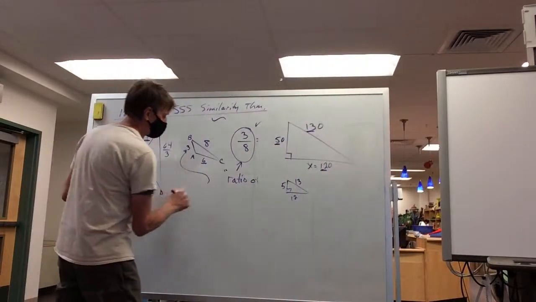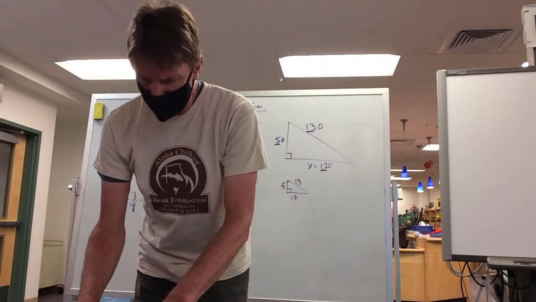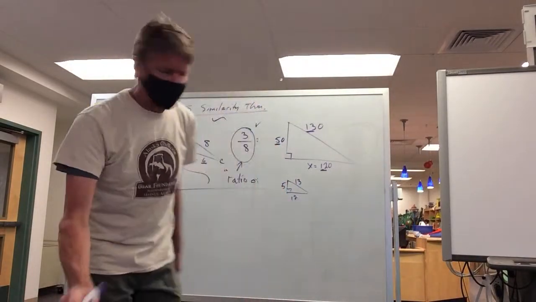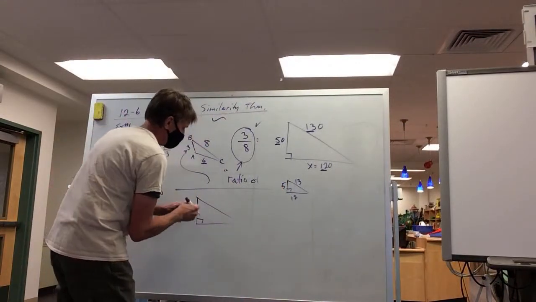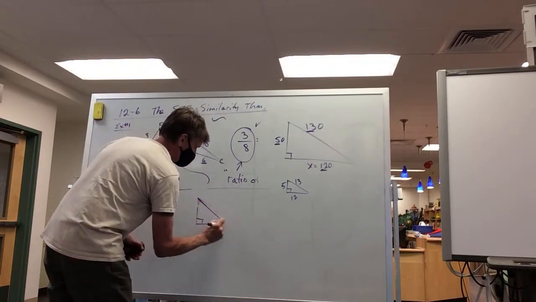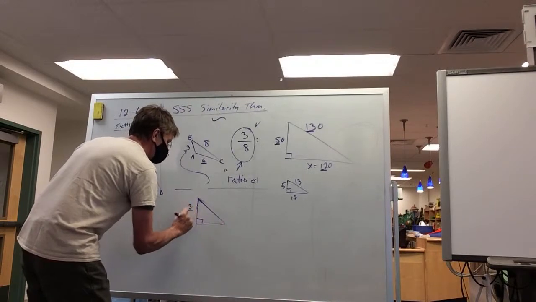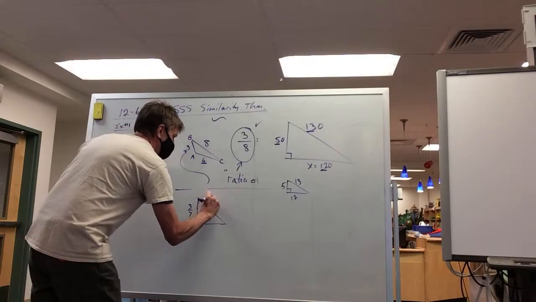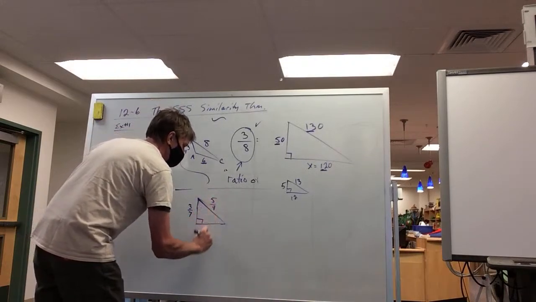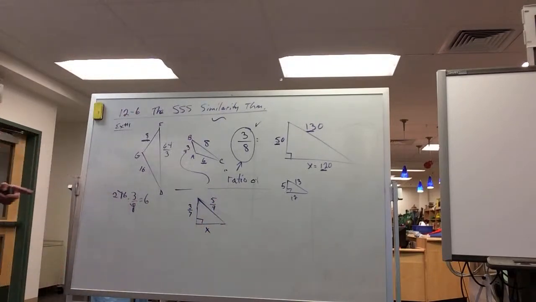And then they give us one more example where they have got a triangle that's drawn like this. It's a right triangle again. And they say that it's, what do they use, sevenths? 3 sevenths, 5 sevenths, and then they say x. So is there another similar triangle that you might be familiar with?